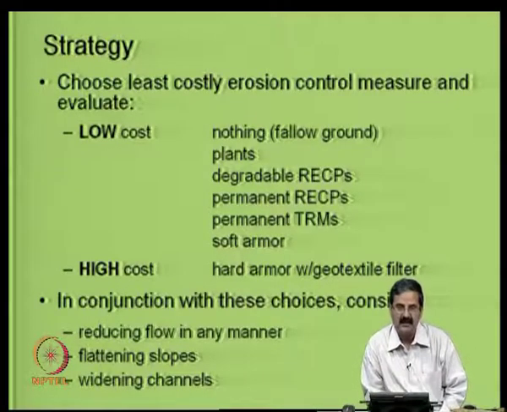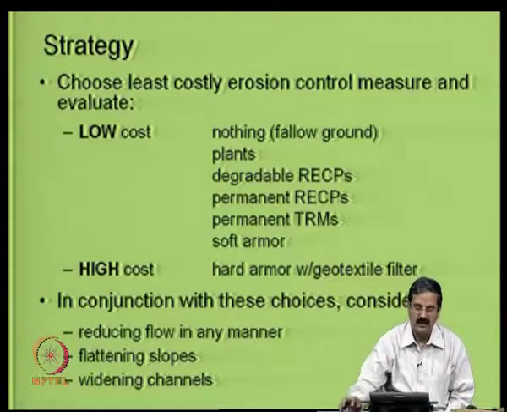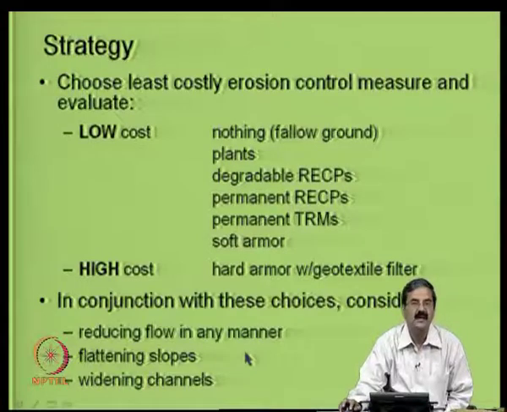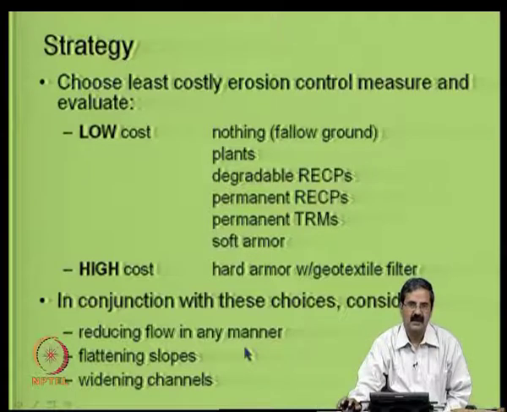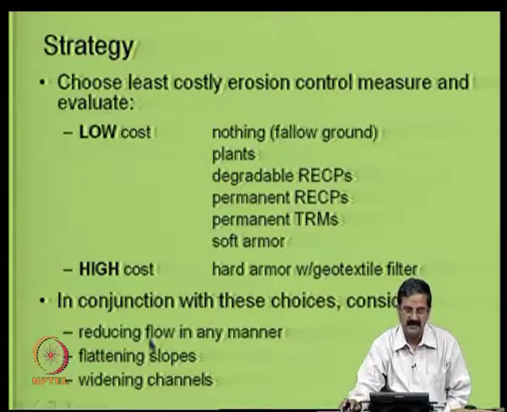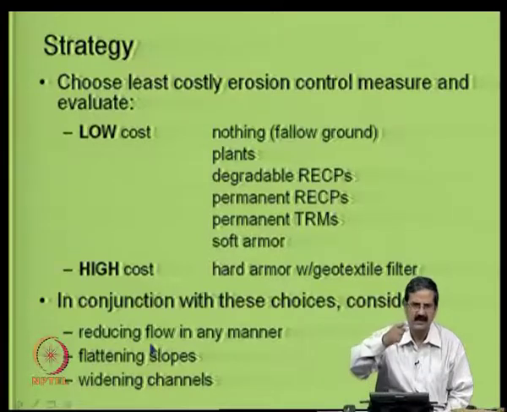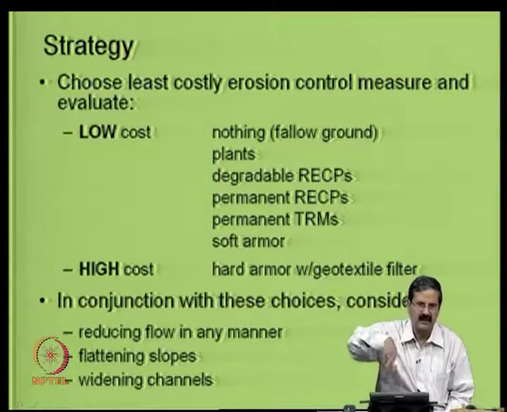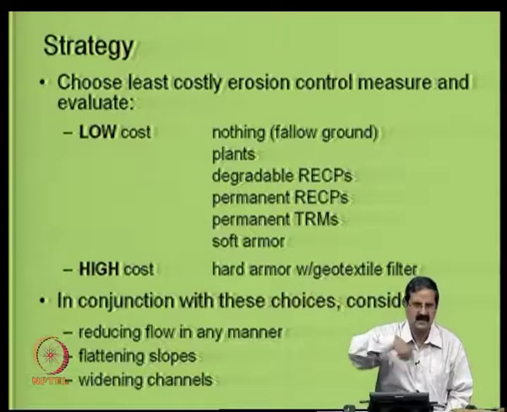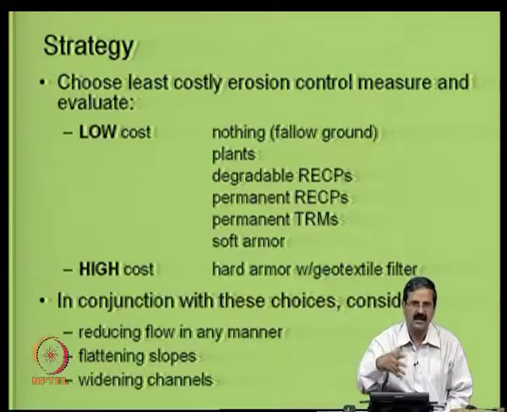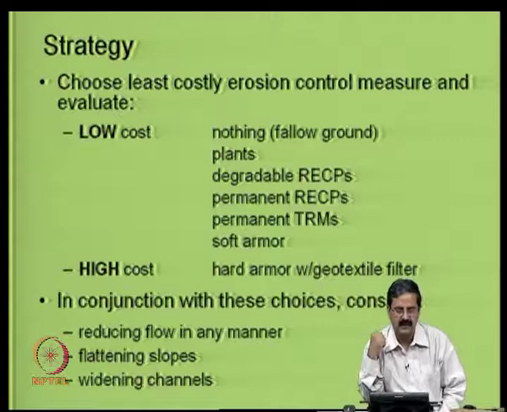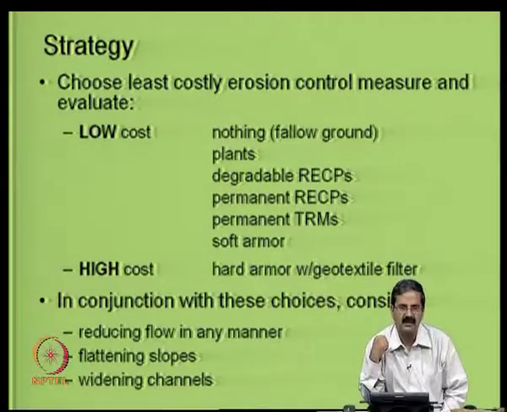Some of the concepts that we should think of is, for example, if there is a water flow, how do you reduce the velocity of the flow in the area? Of course, it is not possible in some cases because it is site dependent, but in some cases it can be done, because sometimes you must have seen erosion in the form of rivulets. It just turns and creates cutting of the toes of the materials. That is quite difficult. So, there should be a way of energy dissipation mechanisms.